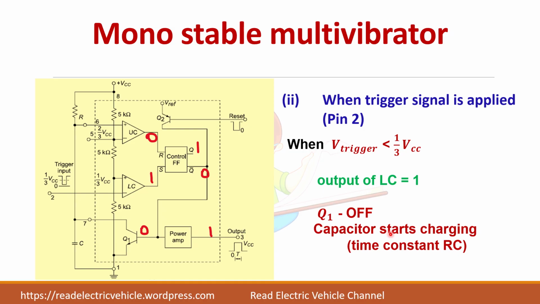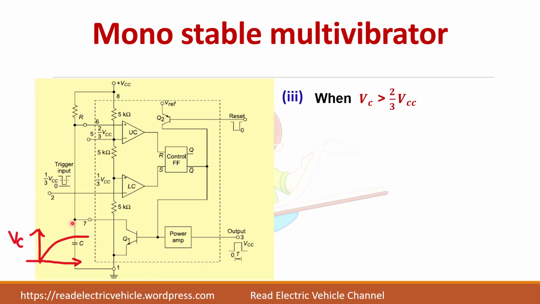So the capacitor now starts charging from the supply through this resistor R. Here the time constant is R into C. The capacitor voltage is increasing slowly. This pin is also connected to the 6th pin, because we have seen the 7th pin and 6th pin are shorted. So the capacitor voltage is increasing at this point also. When this voltage exceeds 2 by 3 VCC, because for the upper comparator we have our reference as 2 by 3 VCC,